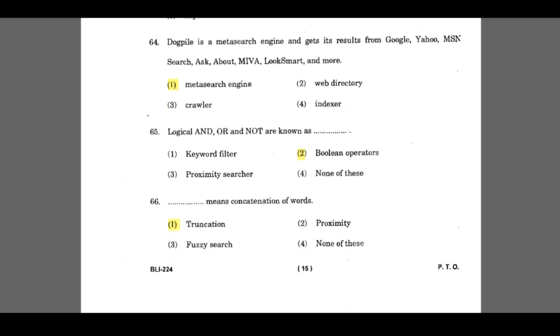Dogpile is a meta search engine and gets its result from Google, Yahoo, MSN Search, Ask, About, Miva, Looksmart and more. Meta search engine. 65. Logical AND, OR and NOR are known as Boolean operators. 66. Dash means concatenation of words. Truncation.